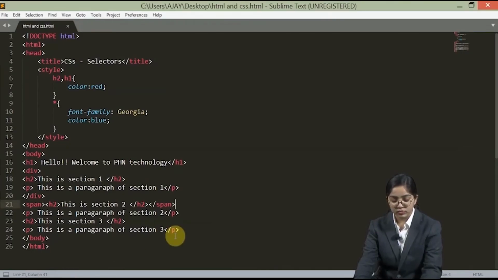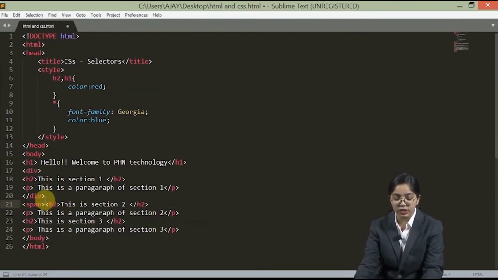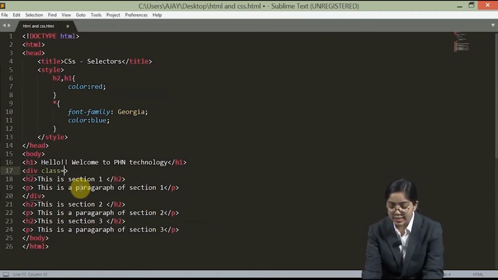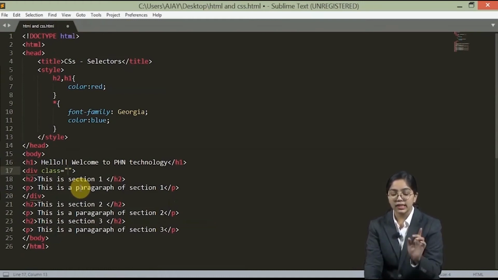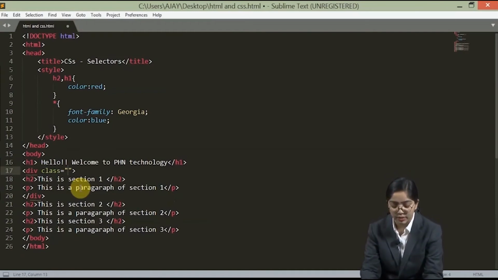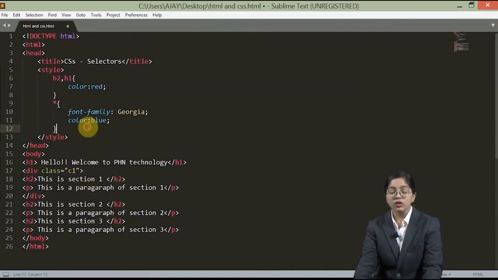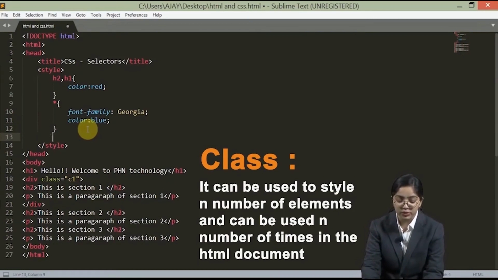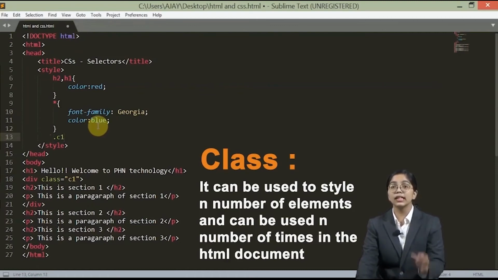So now let's just remove span and see the usage of class here. So this is my div. Now to declare a class, class will act as an attribute, okay, and the class name as the value. So the class here is the attribute, then the equal to sign and the double quotes would have the class name. So let's just name it as C1. So when we want to call a class and give some styling to it, what we would do is we will use a dot and then the class name. Now remember the class name is case sensitive, okay.